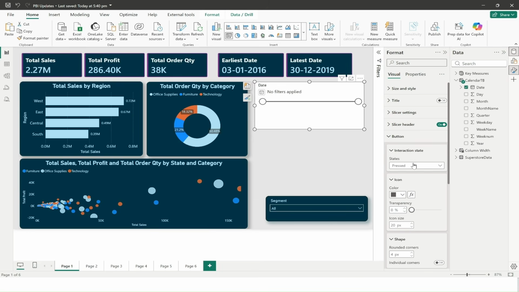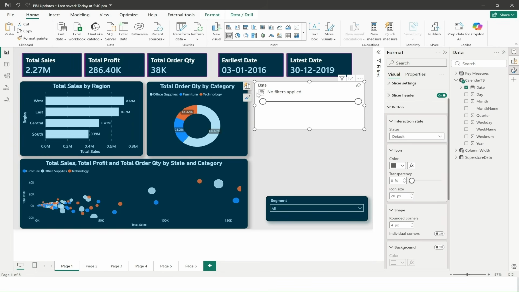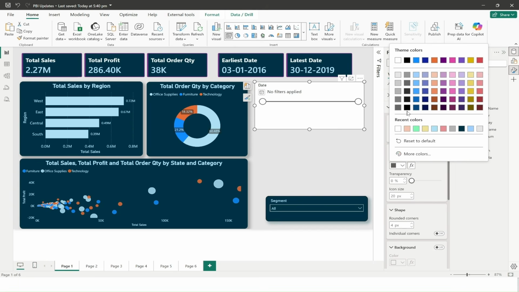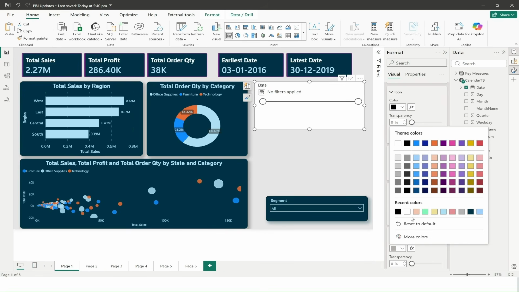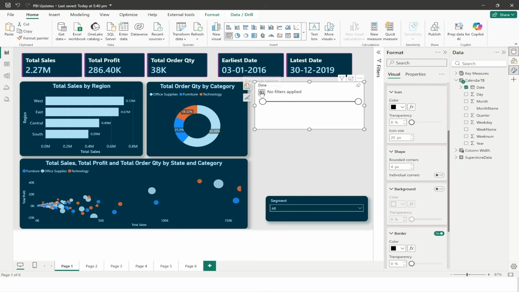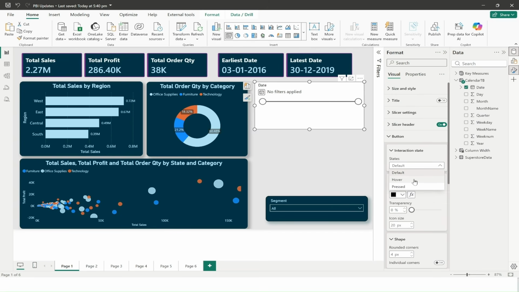If you go to the button, let's select default. So in the default state, it is showing like this. Let me change this to black. Okay, and the border also to some black. Now here you can see the border. Now when I am hovering on it,